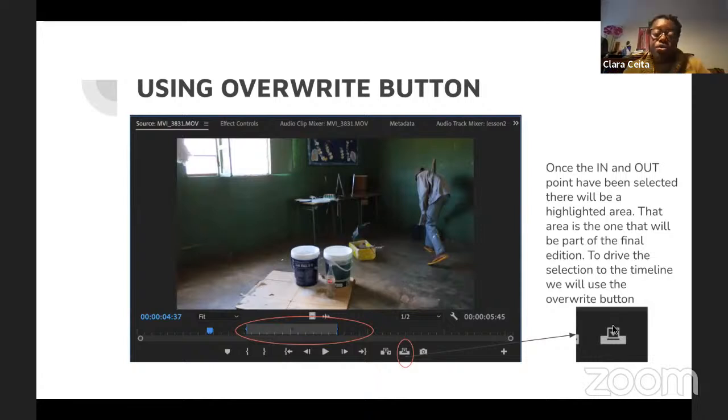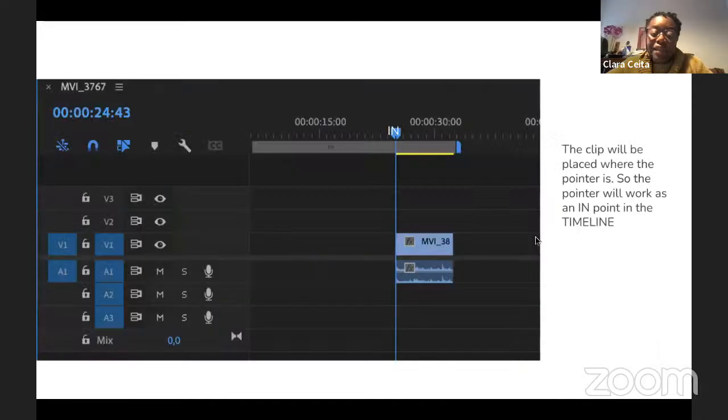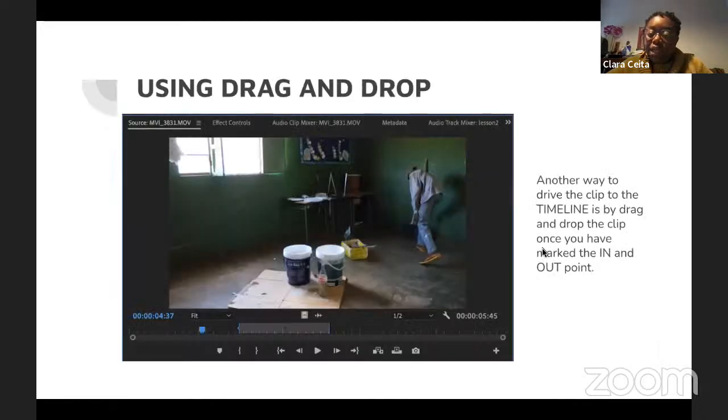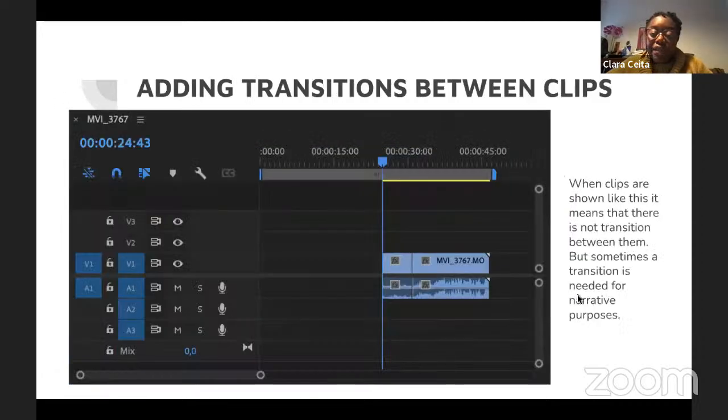We showed two ways of doing it. I mean, two ways to drive the material to the timeline. One way was using this button, the override button, if you remember that. And the other way was just drag and drop, okay? Once we have selected the input, once we have marked in and mark out, we just drag and drop, okay? And that's it. We can find our clips in the